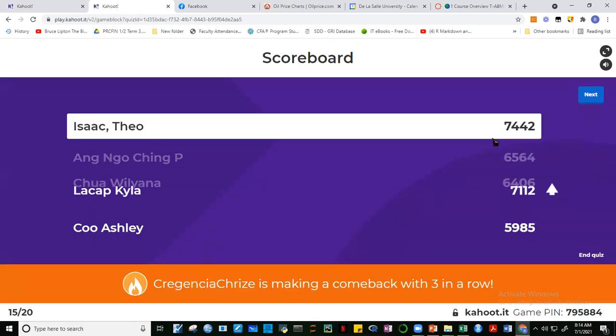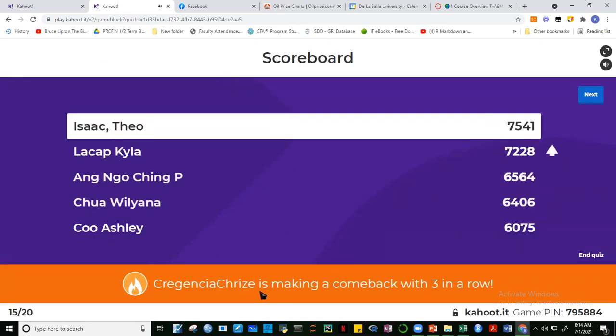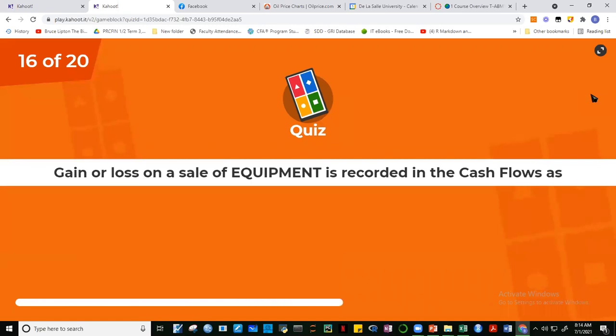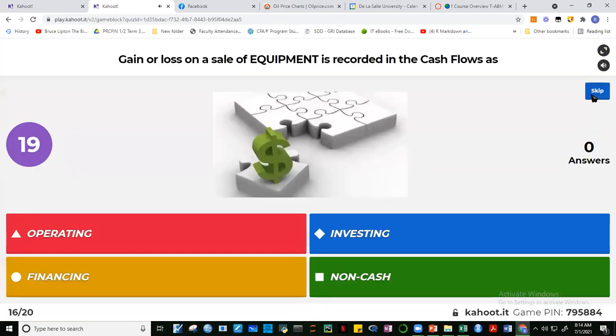Next question. So still the same. Pareho pa rin yung ano. Crazy making a comeback with 3 in a row. Okay, next question. Question number 16. Gain or loss on the sale of equipment is recorded in the cash flow as